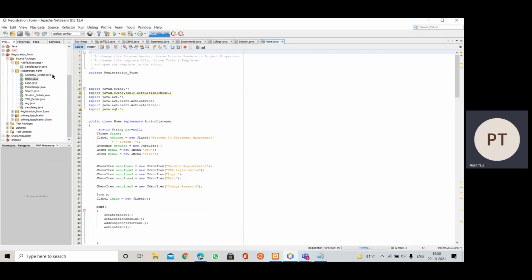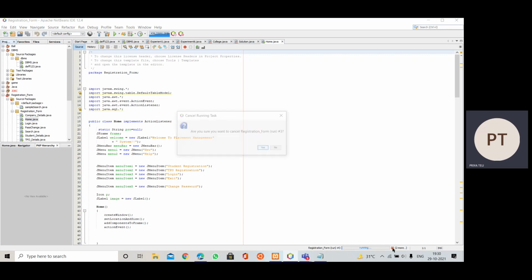So in this way we have uploaded here a jar file, that is the MySQL connector, inside the libraries section, which you need to download for this project to establish the JDBC, that is Java Database Connectivity.